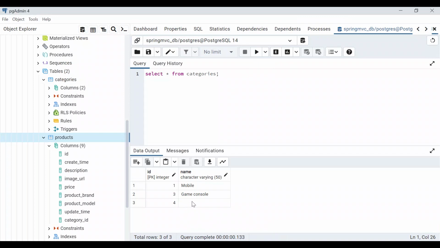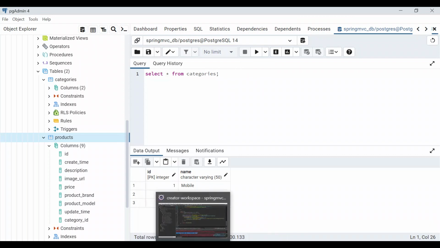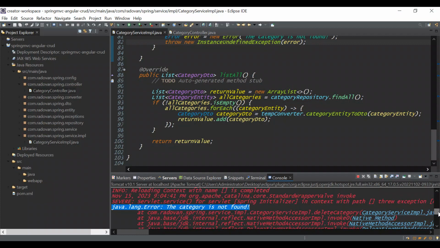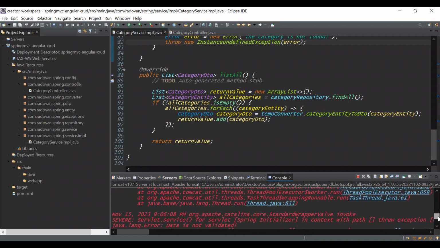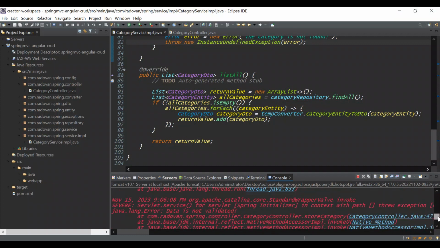But the bad thing is that our application crashed again. And let's see which error we have now. As you can see, here is the error: data is not validated. That means that our error is working fine,